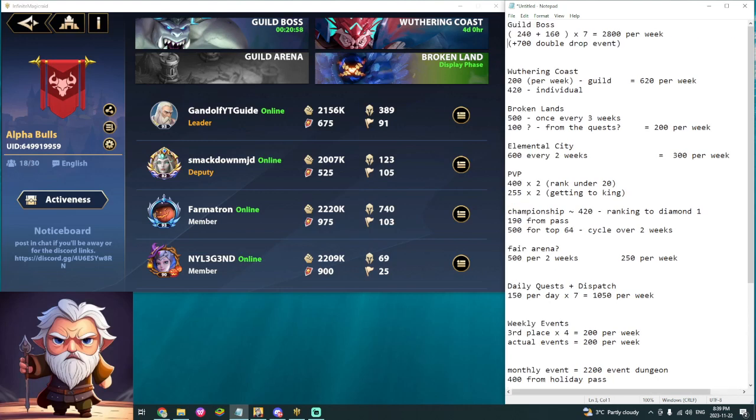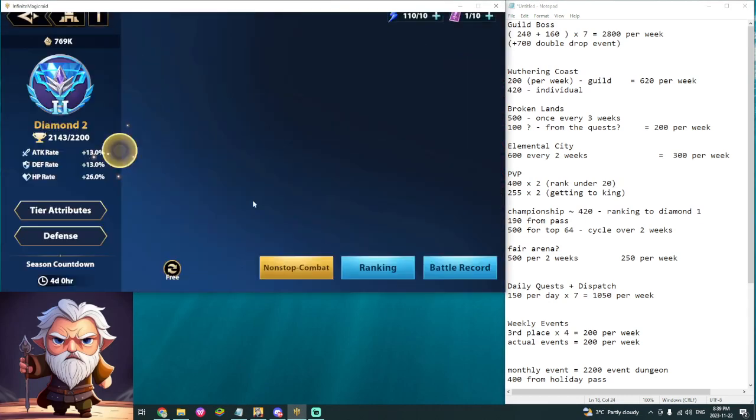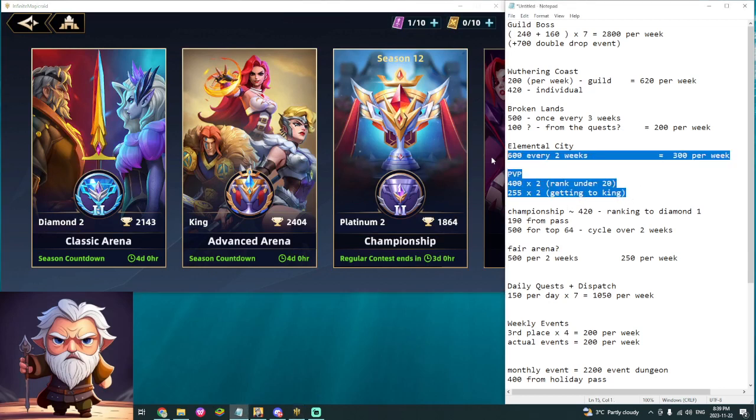Next thing I would say the highest is in PvP. And for those of you who can, especially if you're newer, try to finish top 20. Finishing top 20 and getting to king on both, I believe it's 1400. Like when you log into the game, you will see all of the gems come through. I think it's actually a little bit more than that because I've received 1400 plus before. So either way, I'm counting